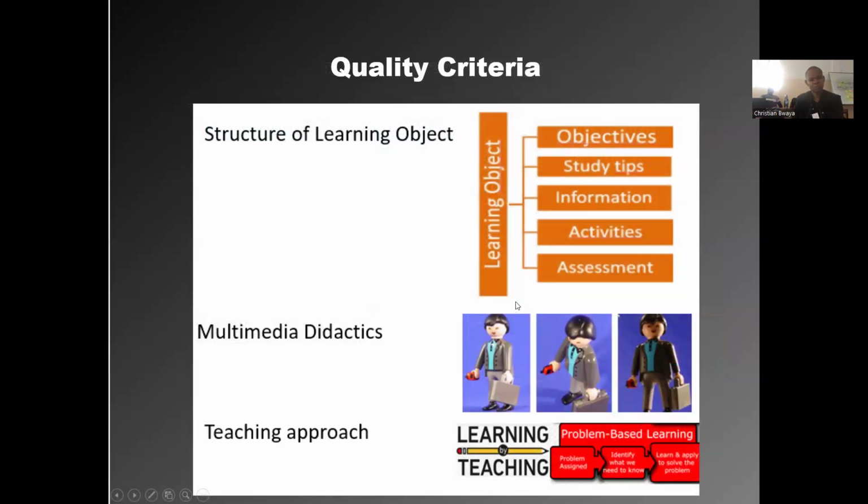Of course, it's still you as a teacher who has to have some quality criteria in mind. So you will probably think of whether the learning object has a good structure. Television is full of interesting information, but very often it has no didactical elements like study tips, ideas for getting activities working with this knowledge, or assessment for this material.